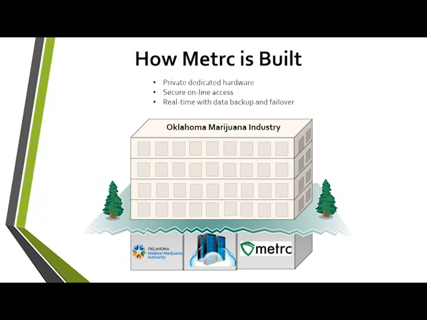But an easier way to think of it is if you think of the Oklahoma marijuana industry as an office building. The OMMA actually owns that building, so they hand out the keys to the different office spaces, but they're also able to go into any office they want to. They can look in wherever they want, as it is their building. If you want to think of us, we are the facilities maintenance staff, so we go around and make sure that the hallways are swept, the water's running, the lights aren't turning off. So we really are there as a way to support both the regulators and the industry here to be a successful program.